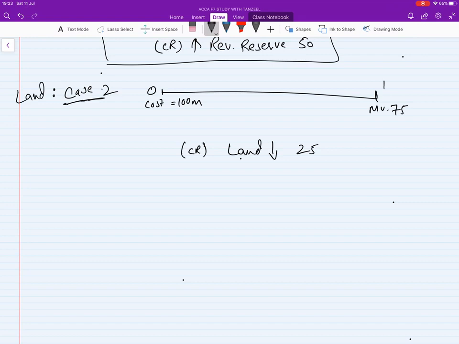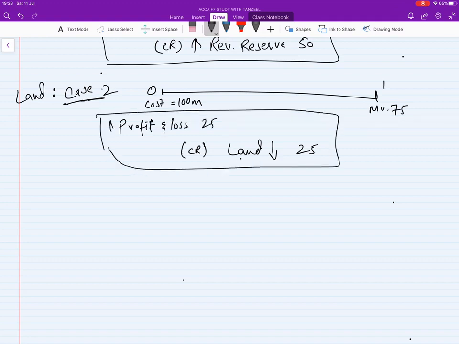What are you going to debit? Where are you going to put this? In this case, as per the prudence concept, when you see any loss, you can expense out this loss. So debit profit and loss. Take this to profit and loss. It means expense increases, and when expense increases, it is a debit. That is why we are debiting it, and we are crediting the land because the asset has decreased.